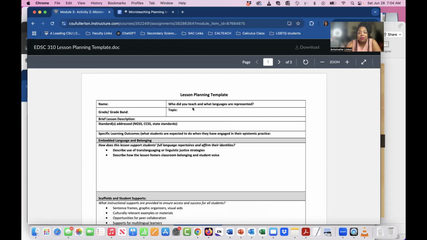Who did you teach? Did you teach students? Did you teach family? Did you teach your peers? And what languages are represented in your lesson experience? The grade, the topic, a brief lesson description,